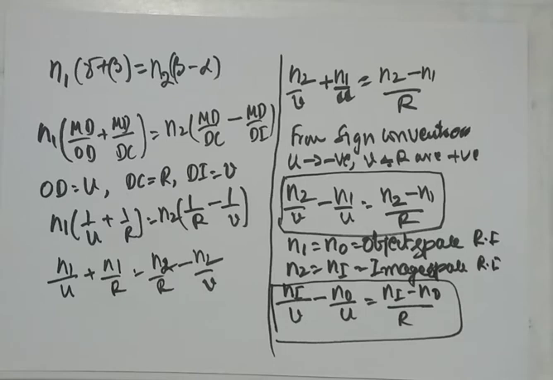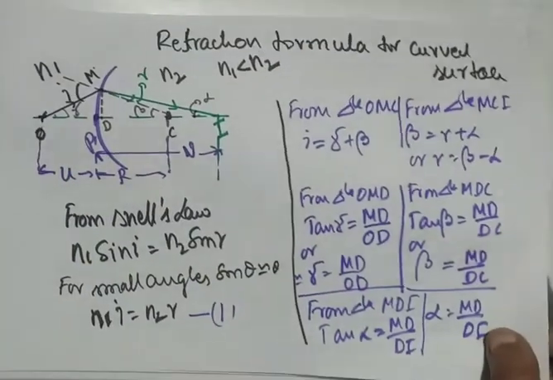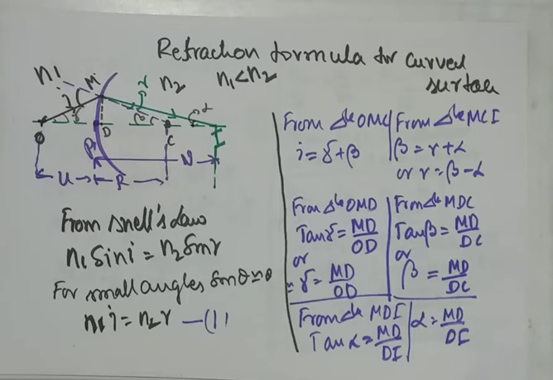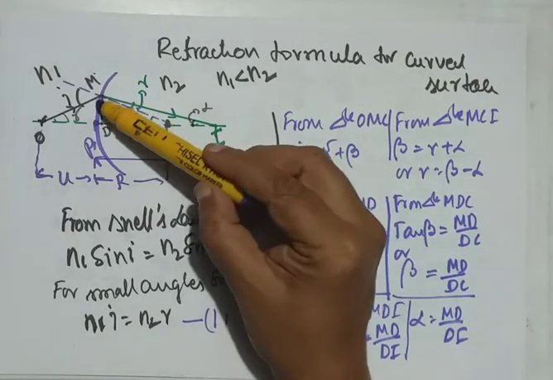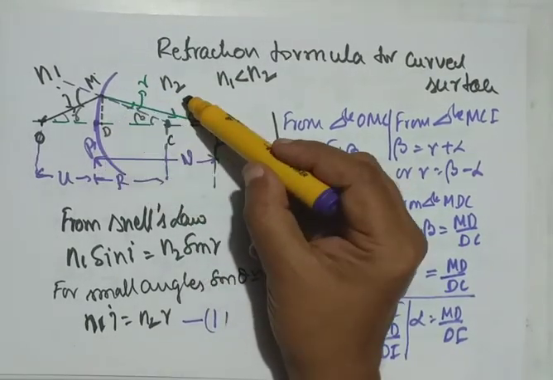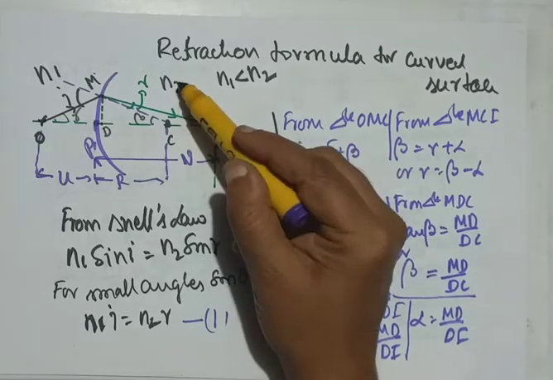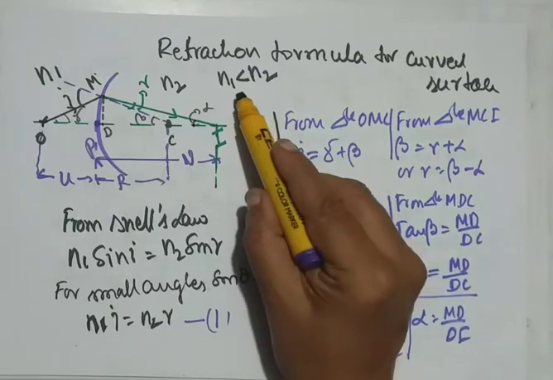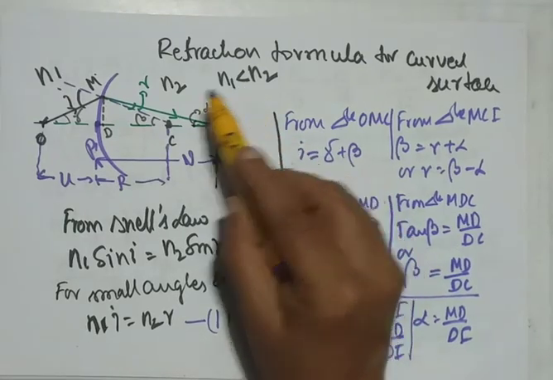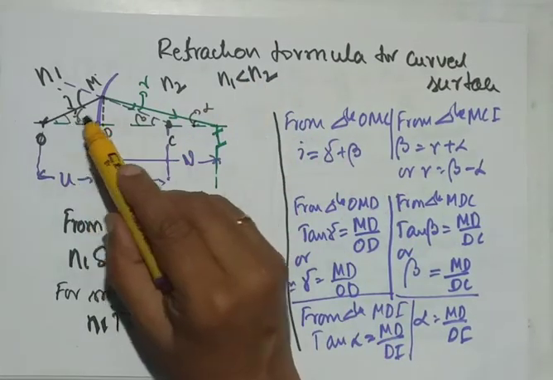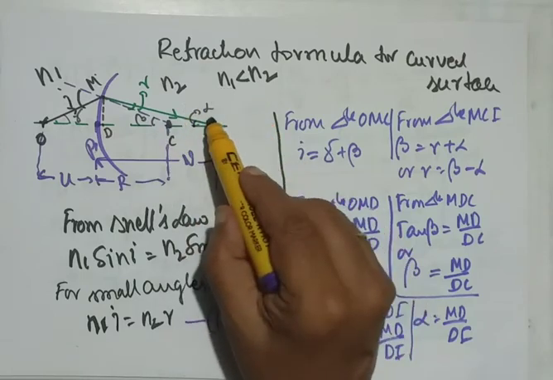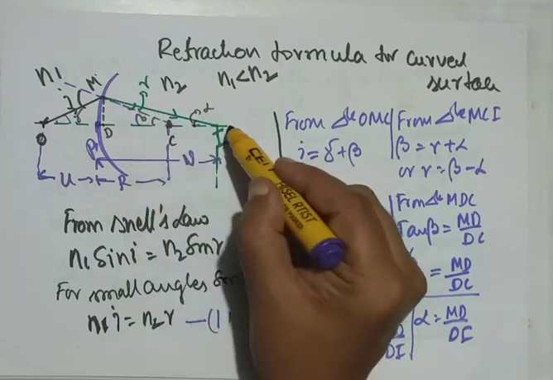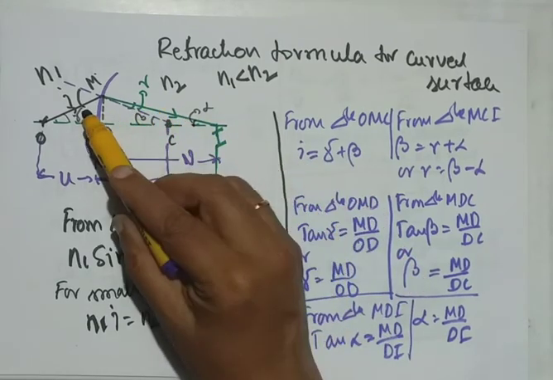Let us go through the derivation once again. I just bring the first sheet back. Just observe. In this, I have written a curved surface. To the right of it is of refractive index n2, and to the left of it is of refractive index n1. And I have taken n1 is smaller than n2, that is rarer to denser travel. Light should bend towards the normal. That's why OM, the incident ray, bends towards the normal, and R is smaller than I.